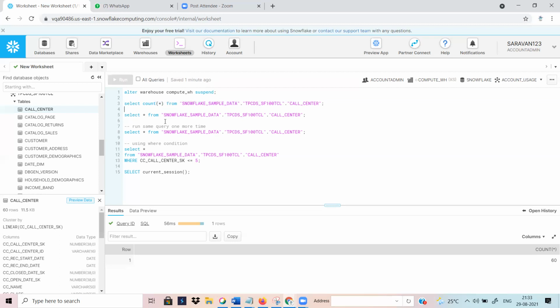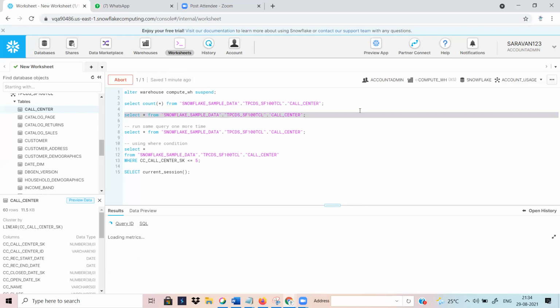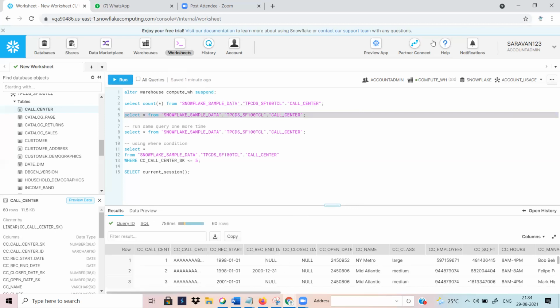Okay. So for example, when you are running the select star from query, right now your warehouse is not up, it has not spun up. So when I run this query, it automatically spins up within seconds. Then it communicates with our remote storage and gets the data from our original remote storage system. I run that query. You can see the difference. It is automatically spinning up. This is one of the beautiful advantages in Snowflake.